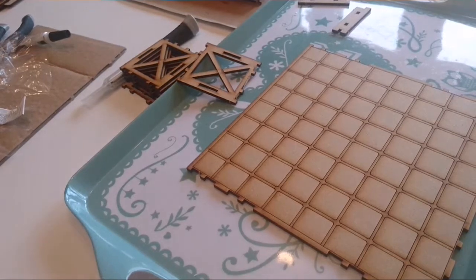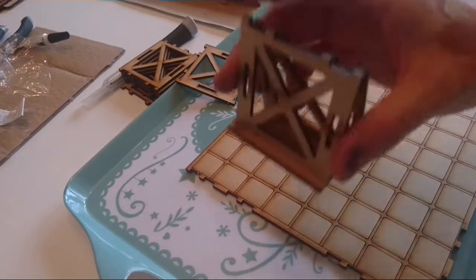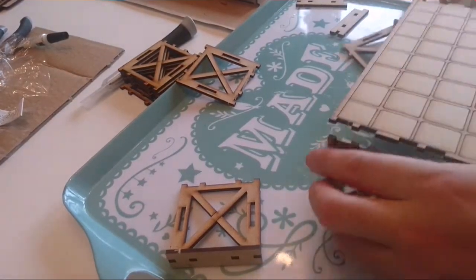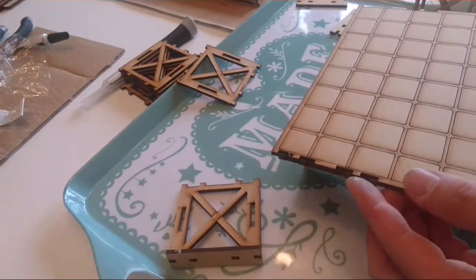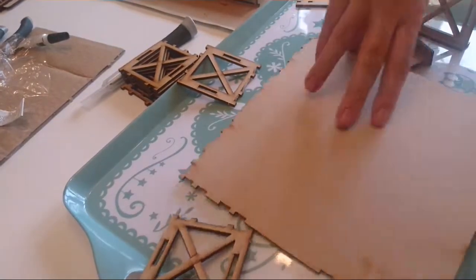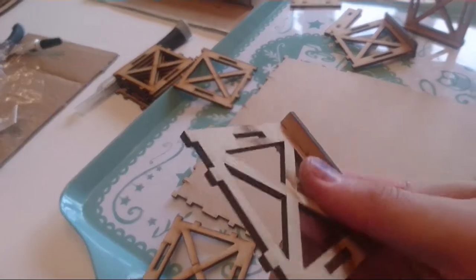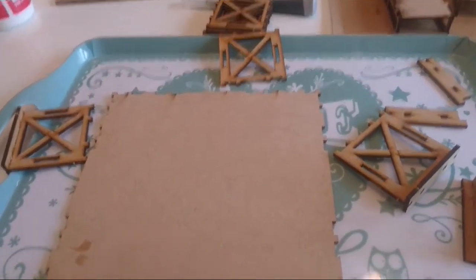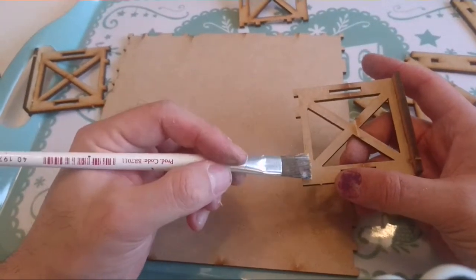So for that, you need these bad boys first. You need to line them up. And they kind of slot in there like so. So flip it over. It's the easiest way to do it. I'm working on camera angle here, guys. So that's probably going to be better for you. And then